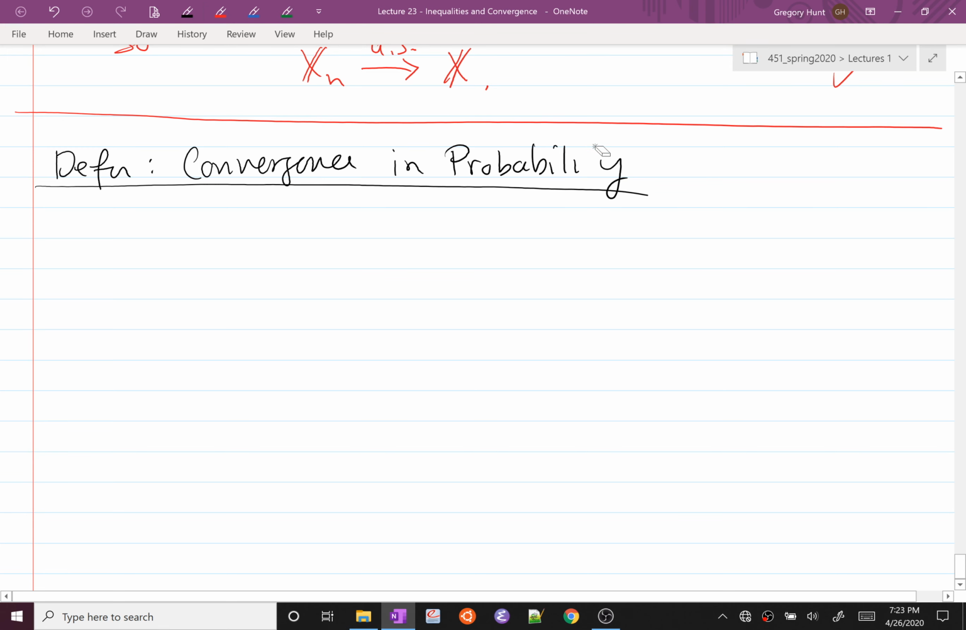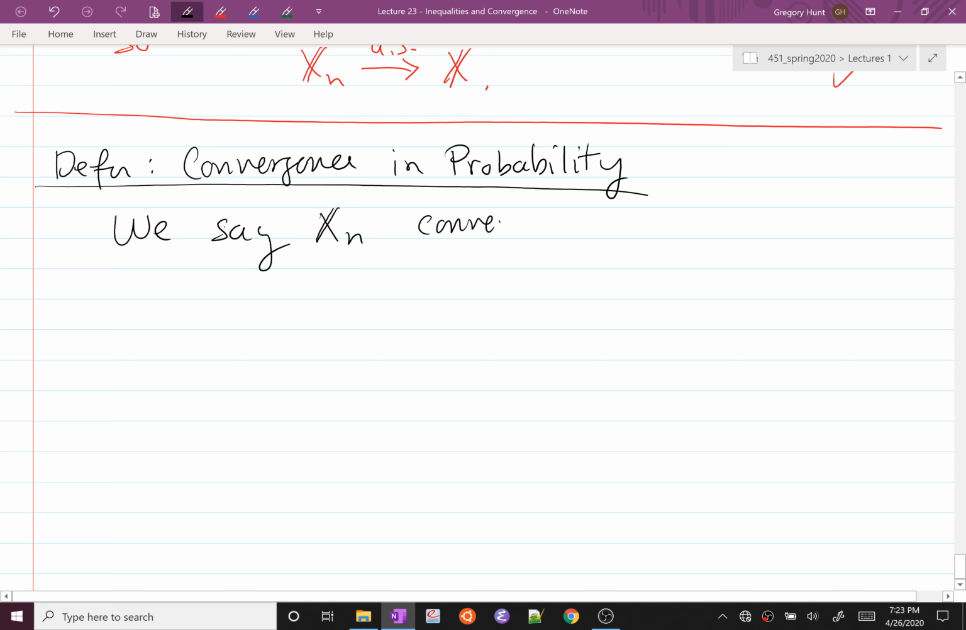That's supposed to read probability. And in this case, we don't have to think about these random variables as functions as much. Our definition of convergence in probability is: